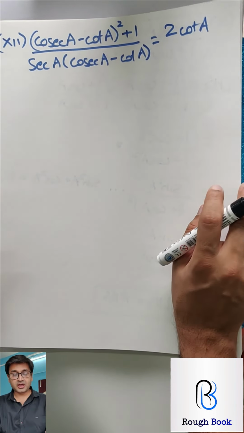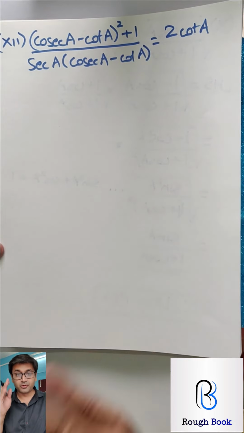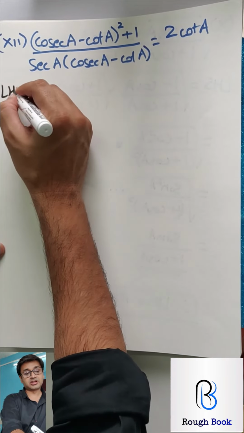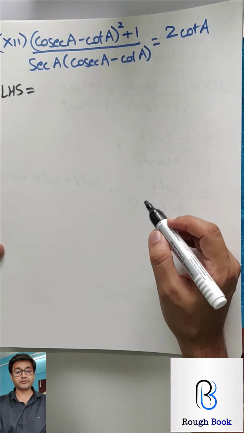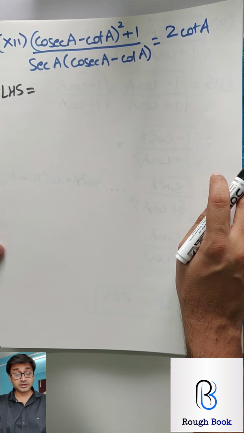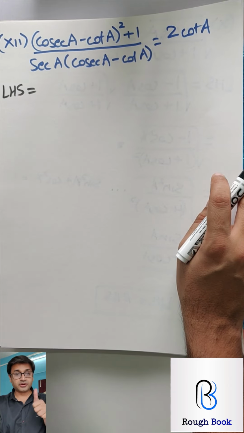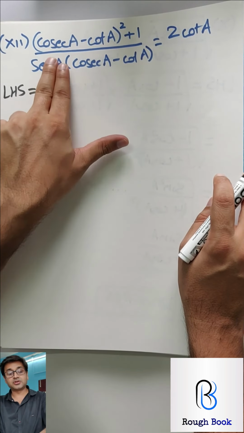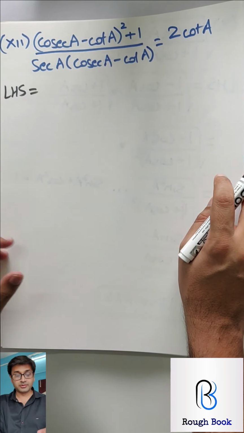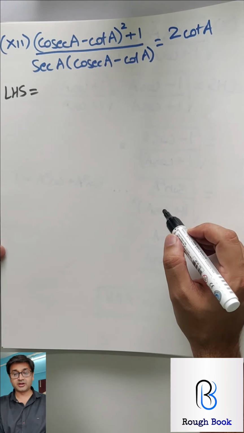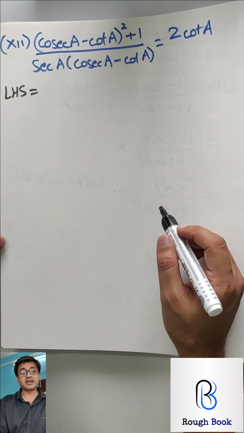Now onwards, sums are a little challenging, so we'll have to be more focused. Okay. You've been given this and reach here. So obviously you're going to start with LHS, which has lots of stuff to work upon. So how do I begin? Any clue? Anybody? Okay. You can either convert everything to sin cos and then begin, or you can open this bracket as a square plus b square minus 2ab. But that will be slightly tricky, I think. So it's better to convert everything into sin cos, and that might make your life slightly simpler.